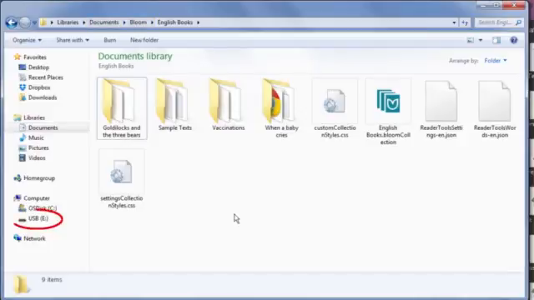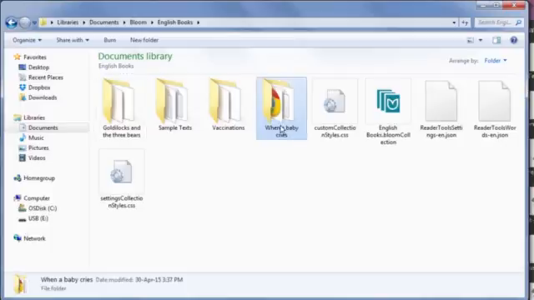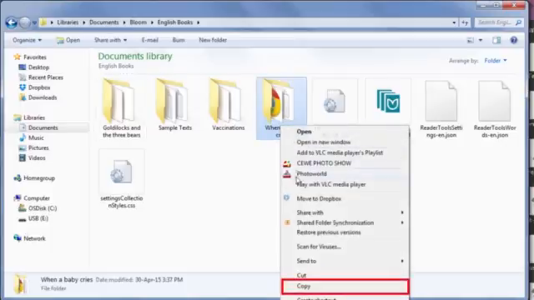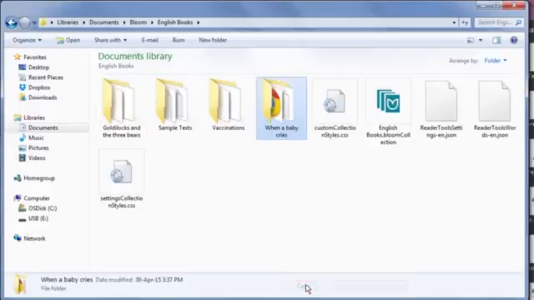If you have a flash drive or a local area network with which you can transfer the folder, copy the folder and paste it onto the USB drive or network drive.